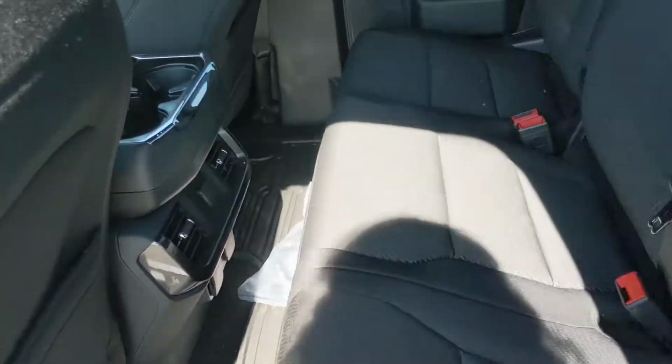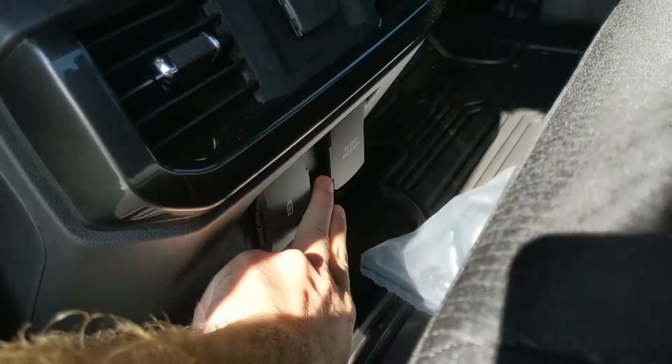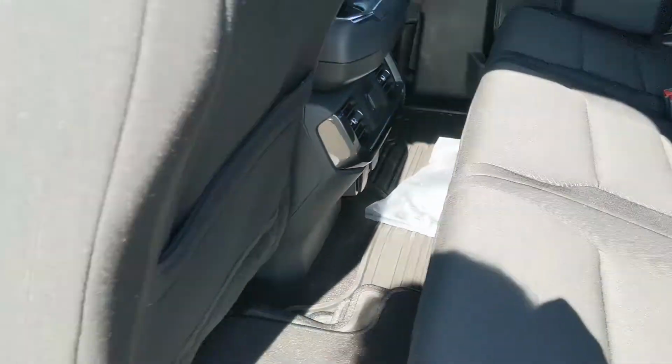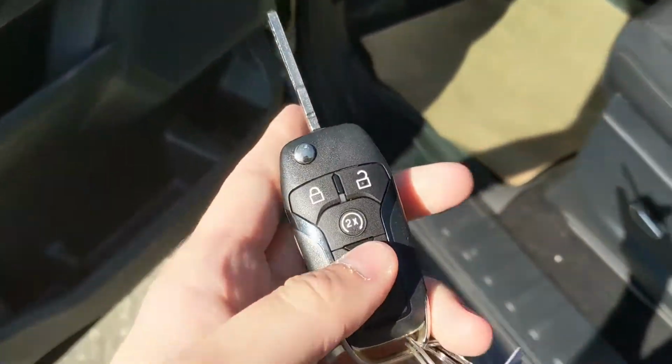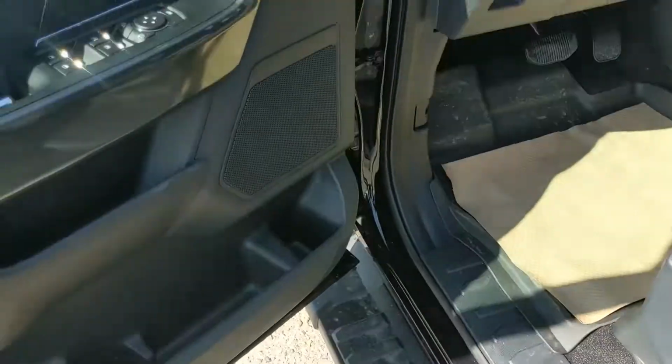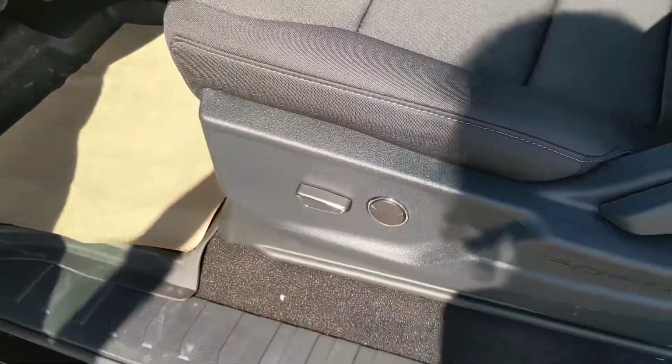And in the middle here, you have two cup holders, a 12-volt power outlet, USB and USB-C, and a 120-volt power outlet. And then this truck does also have a remote start, so no need to go outside on those cold mornings to warm up your vehicle. Then looking in, you have power windows, power mirrors, and power locks, as well as a partially power adjustable driver's